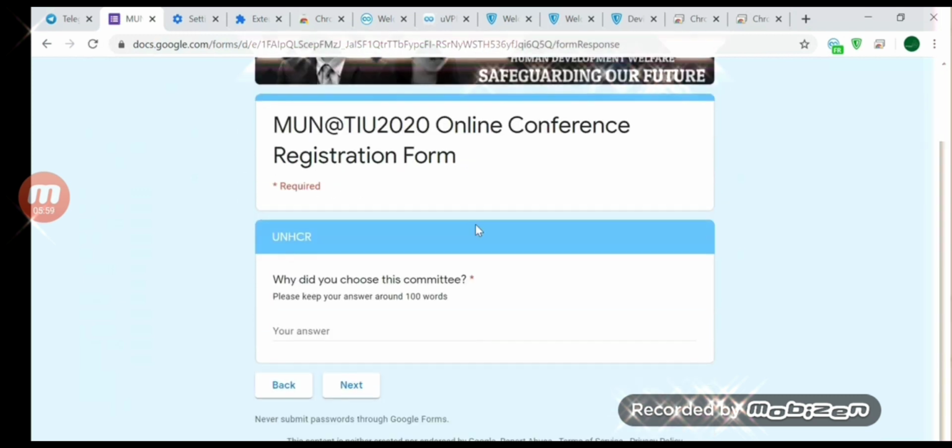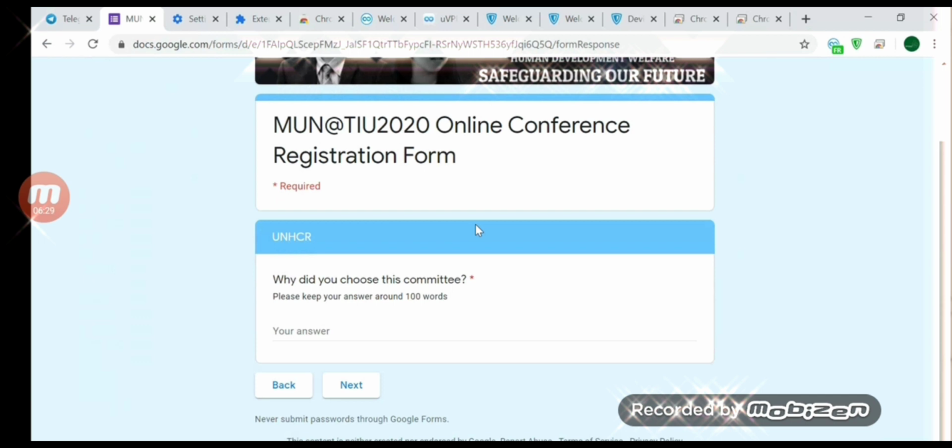And right here you're supposed to write an essay, and I can say that this part is the most important part of your application, because especially essays, motivational essays, answers to the questions, decide whether you are applicable to take part in this conference or you're just an average person. What I can say is that you don't know anything about MUN, you're just a new member of MUN, or you don't know what the UN is about, you don't know what your goal is.